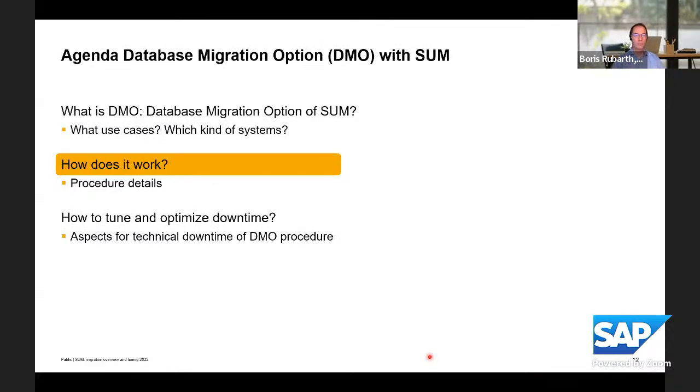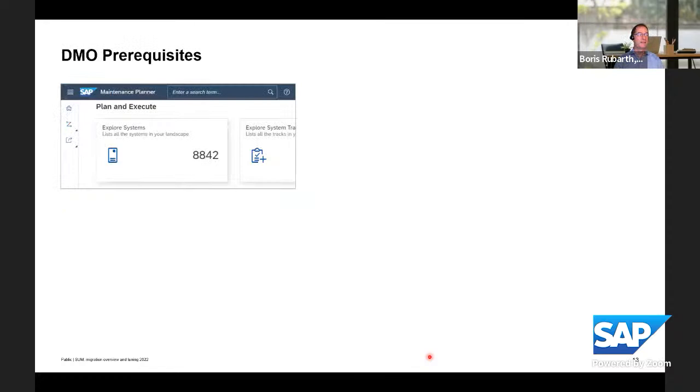Now, how does it work and how does it look like? Some details on the procedure are to be shown here. And of course, the prerequisite, as always for the software update manager, is that you have done the planning in the maintenance planner, at least for the major scenarios. So in the maintenance planner, you pick out your system and you start a maintenance event here. And that will allow you to